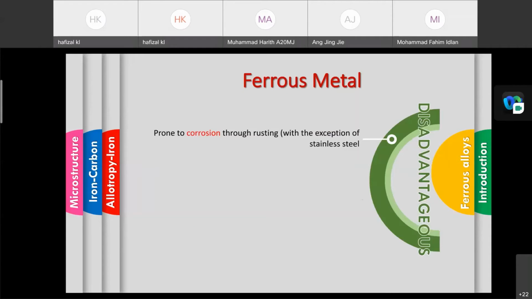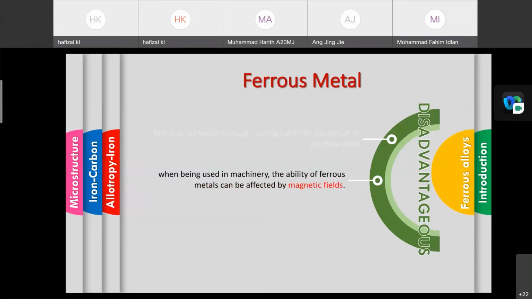So we need to be extra careful in terms of the maintenance. Okay, and the rust can be protected by making an extra coat or something like this to protect it. Okay, so being used in